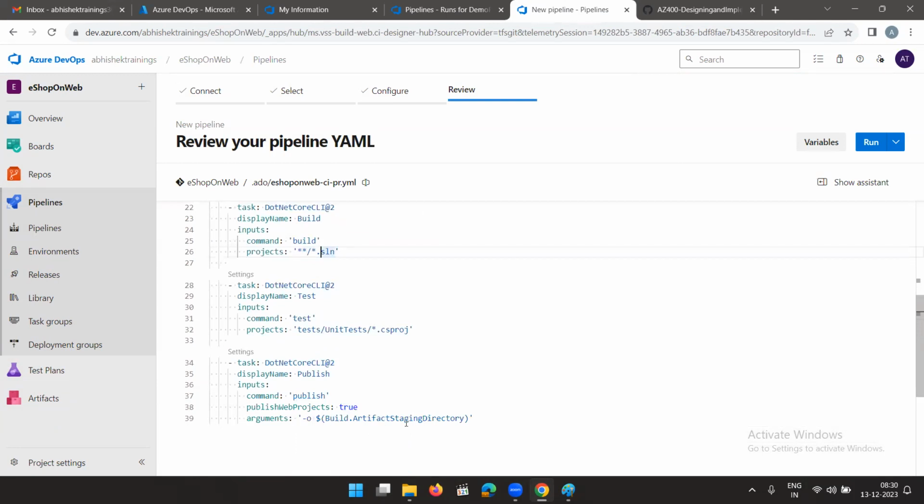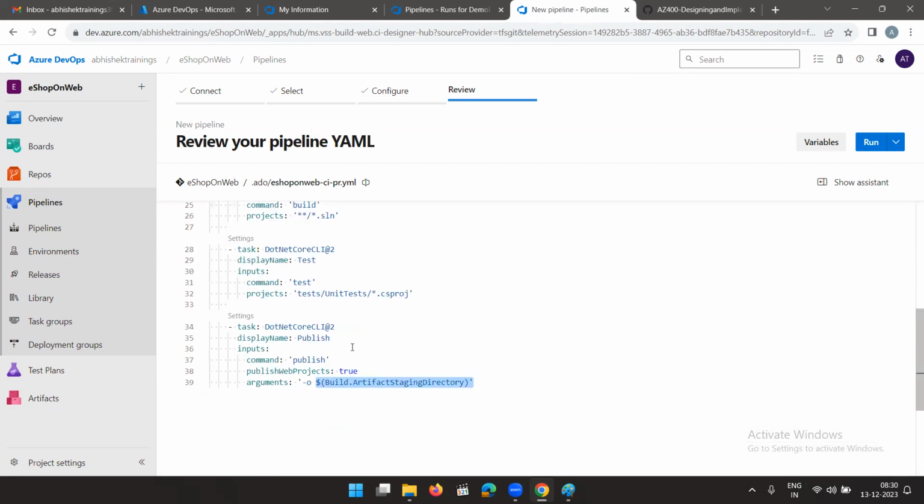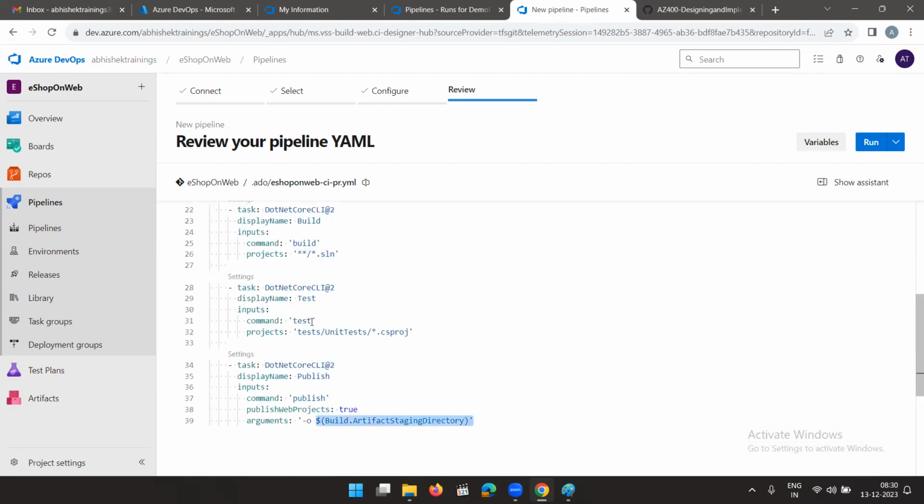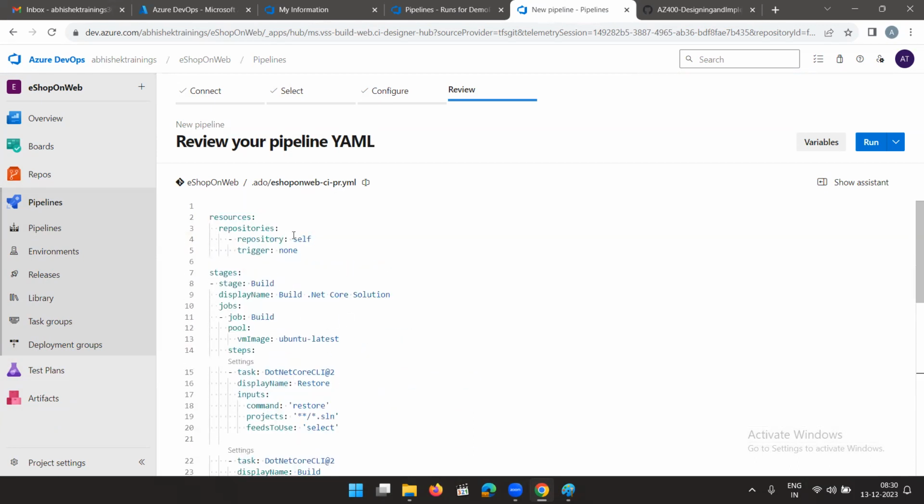Arguments, build artifact staging. Now they don't have to define this, since this build artifact staging directory is a system variable, or you can say a predefined variable. Okay, that's why they don't have to define this. Now they have this, actually they have kept that particular project